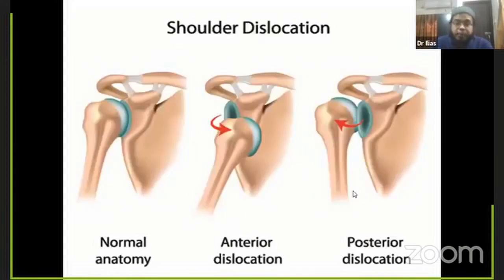Okay. And you see the normal anatomy of the glenohumeral joint, but in case of anterior dislocation, in the same picture, you see the patient is having anterior dislocation of the shoulder. And here the subluxation and the dislocation will be there simultaneously, and the posterior dislocation will be there. Ultimately, all these anterior or posterior dislocations will produce the